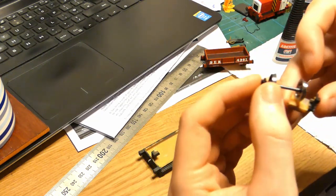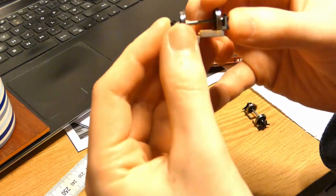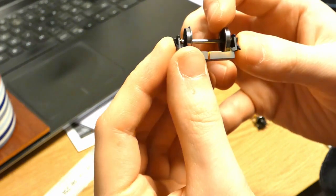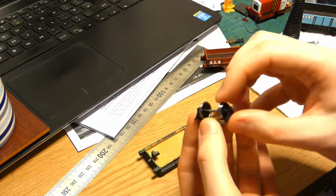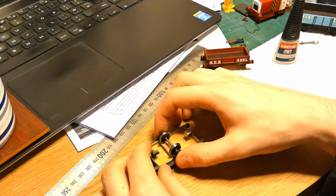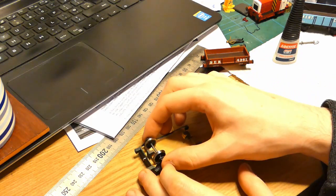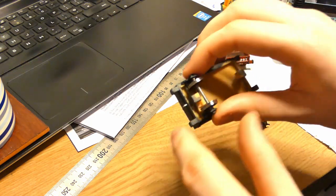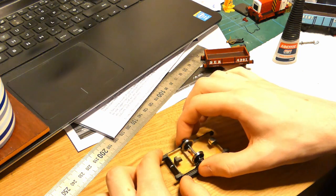Same thing with the other side, drop the bearing in first, and then just connect the two halves underneath, like that. And then this whole unit drops into the gap there, and we'll just slide up until it meets the bottom of the NEM pocket down here. So when happy with that,